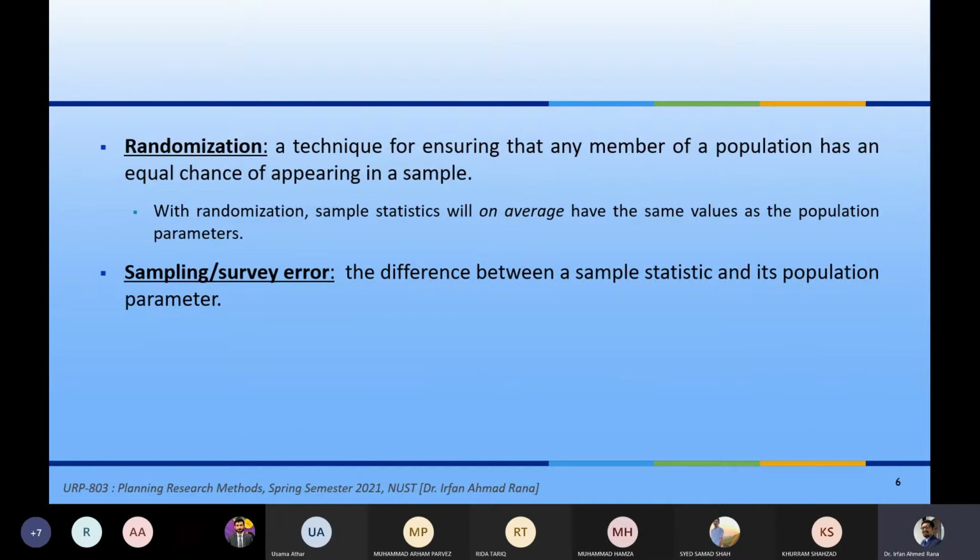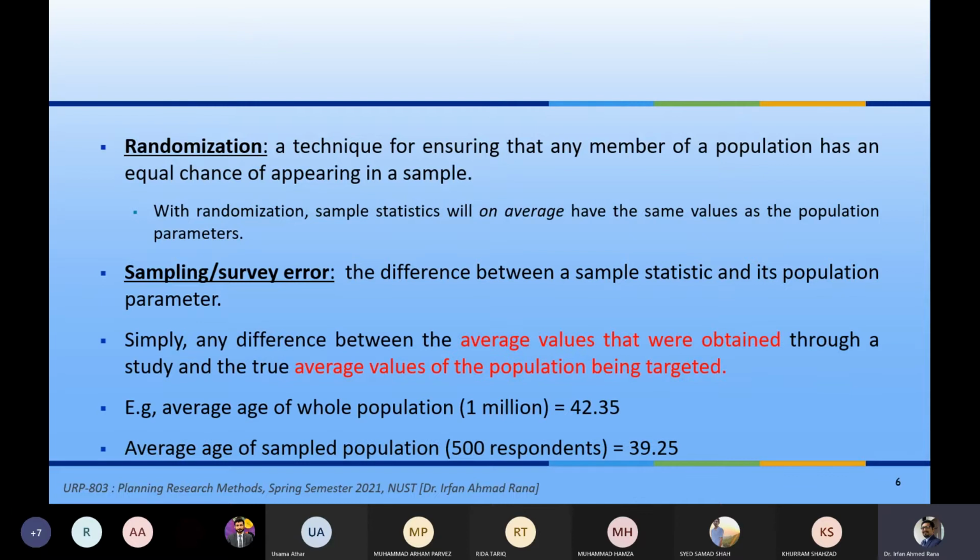Right? Another issue that needs to be resolved is the sampling error. I'll give you an example. Let's say the average age of the whole population, which is 1 million, is 42.35. And the sample you are collecting or have already collected has an average age of 39.25. You collected only 500 out of 1 million, and their average age is 39.25. So now this 42 and 39, the average values of the whole population and the average values of the sample population